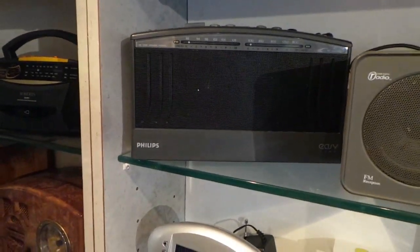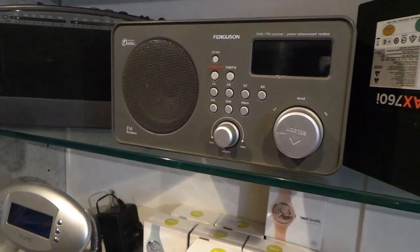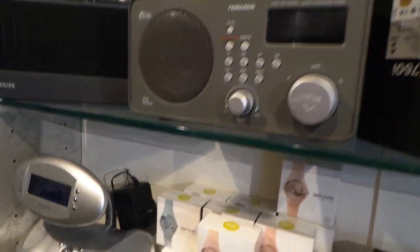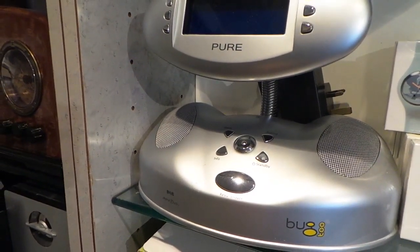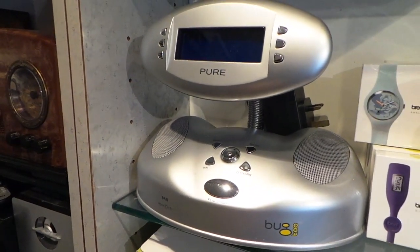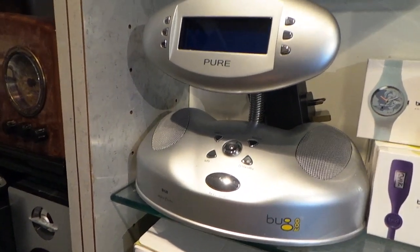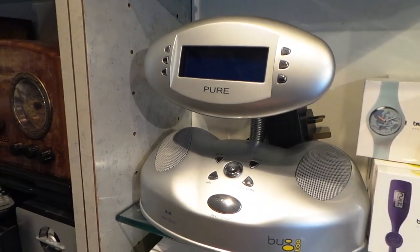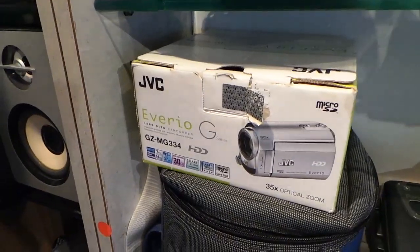Is the Philips set there, and the Ferguson, which is the FRG 121D. The Pure Bug 2. I love these, they're quite quirky. They're not the easiest things to work on, in all honesty. This had a display problem, and I just resolved that by taking the circuit board out of the top of that. My old video camera,